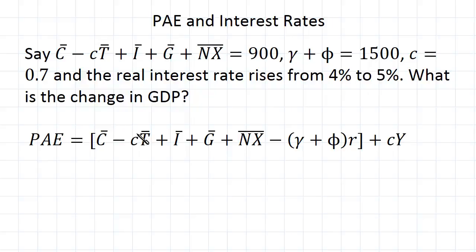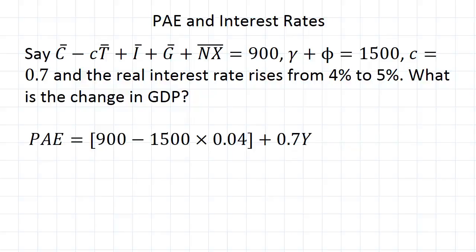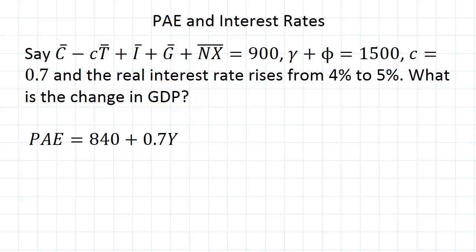So we know that this whole part here is equal to 900, this is 1500. We'll put in the interest rate of 4% first, and then we've got marginal propensity to consume of 0.7. So substituting in, we get the following, and then we can just simplify that by putting this into a calculator, and we get 840 plus 0.7 times GDP. So we have planned aggregate expenditure as a function of GDP,